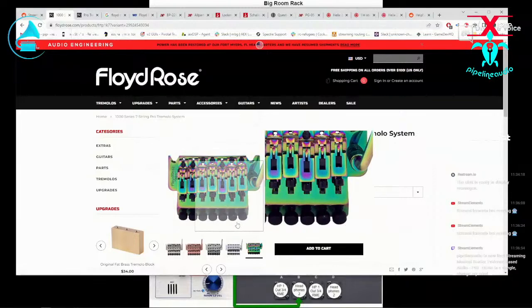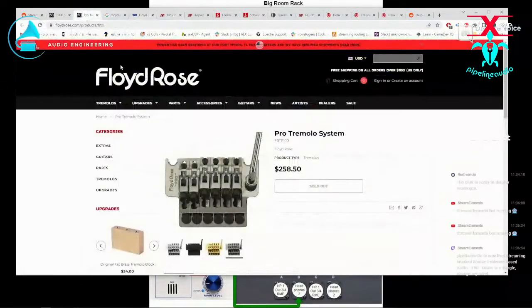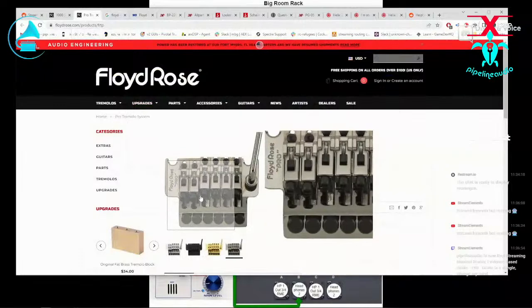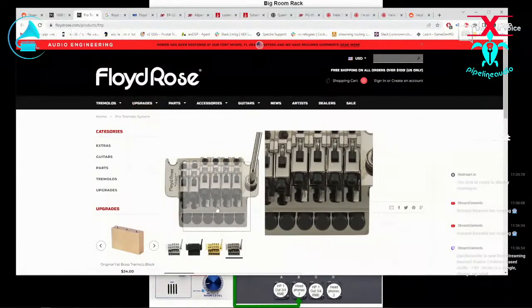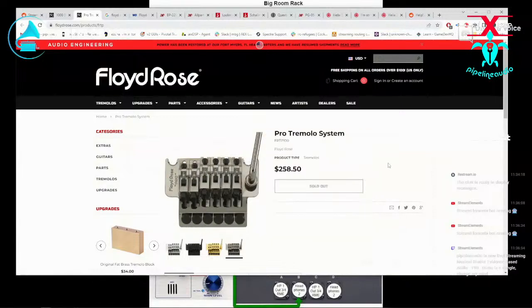So if you look at these tuners, they're a little bit taller than the regular Floyd tuners. These definitely aren't Pro tuners right here. These are the regular Floyd Rose tuners. At least for the 7-string version, they use a taller knurled head on them, and it looks like on here too. So if I go to